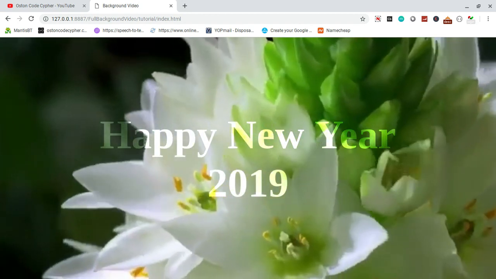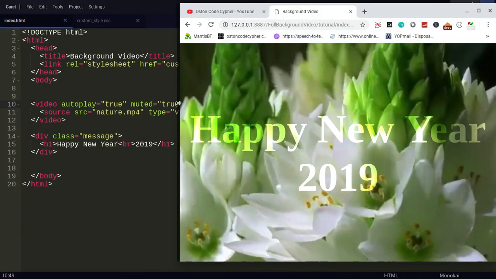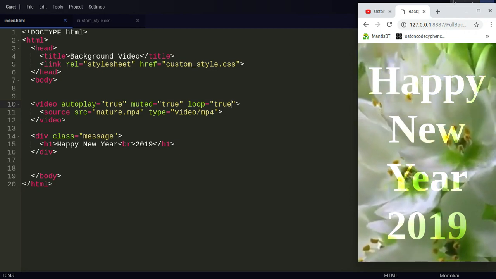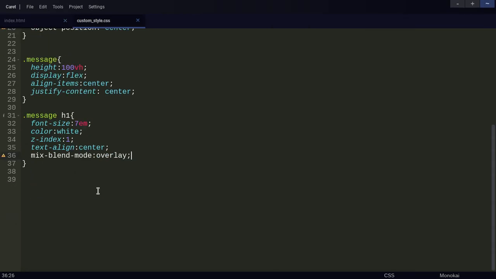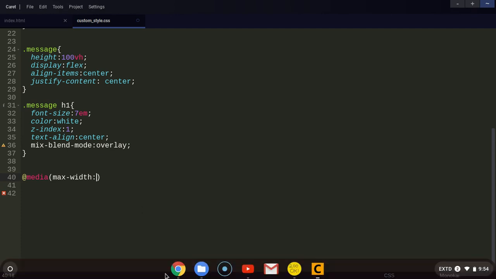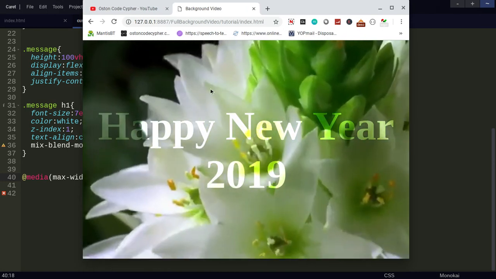So the last tip, this is the last tip. Now check this out on small screen devices. You don't want this to be on smaller screen devices. It will look weird. So you can go at the bottom here and add some media query, and we want to target the max width. And if you want to know the screen size you'll be on,